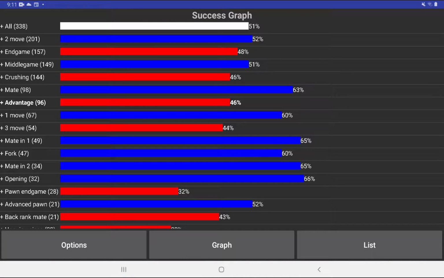Hi, I wanted to make a quick little video to show you the changes that I'm making to the graphics. This is what you've seen before as the success graph. But now if you look at the categories on the left, you'll see that they have plus signs. And I'm making the graph interactive in that if you tap on them, they will expand out to show you